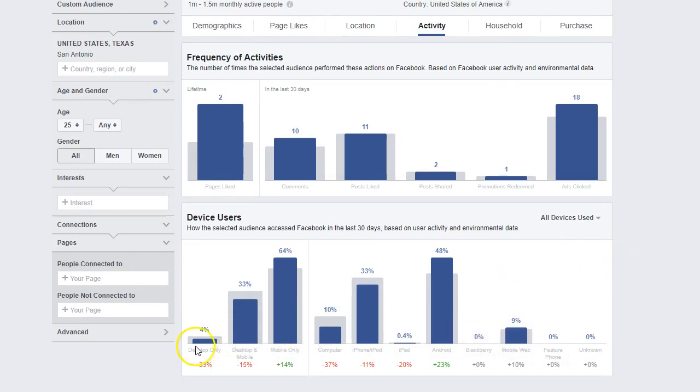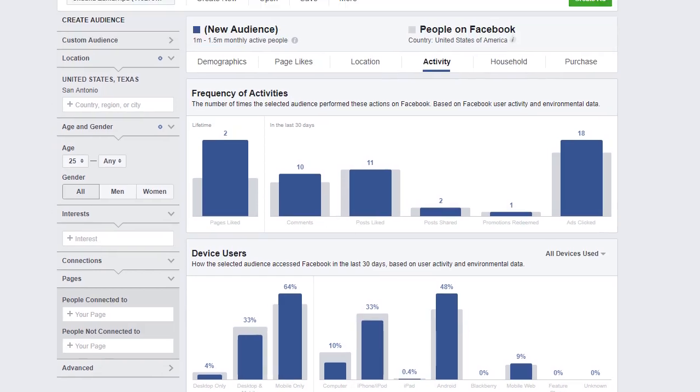So this is going to tell you desktop and mobile only. That's a huge number. So it's always important to have everything you do optimized for mobile. It's going to show you that Android users are really a larger number than iPhone or iPod users. So it's really just giving you a lot of different data that you can utilize